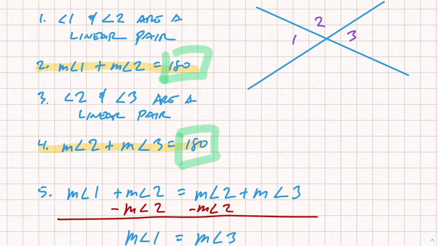And back to our diagram here, that shows that angle 1 is congruent to angle 3, and they are vertical angles. All right, and I could do the same thing for angle 2 and the angle 4 that I didn't mention, but that's just a little something extra if you wanted to see what a kind of a proof looks like, a very